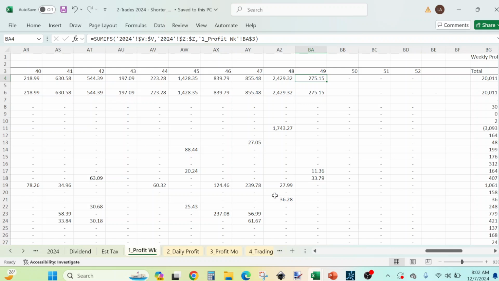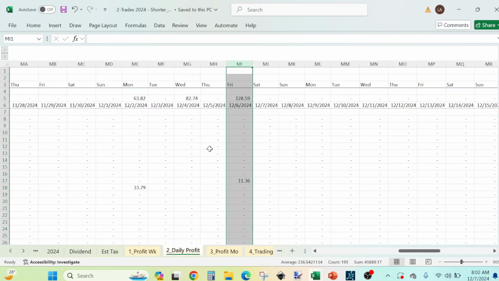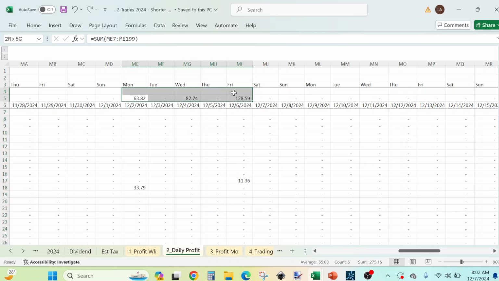We will look at the daily profit to see what days of the week we are able to sell something, because when we sell is when we make profit. Days we didn't sell anything, we are not going to make profit. We might purchase, but we may not sell sometimes. So it started on the 2nd of December. That day we made a profit of $63. We didn't make any profit on Tuesday, which means we didn't sell anything on Tuesday. On Wednesday, we made $82 profit. Thursday, we didn't sell anything. And Friday, we made about $128. And those three total to